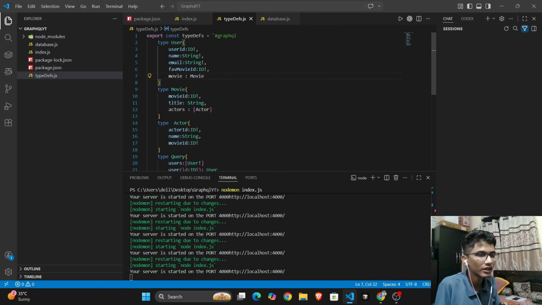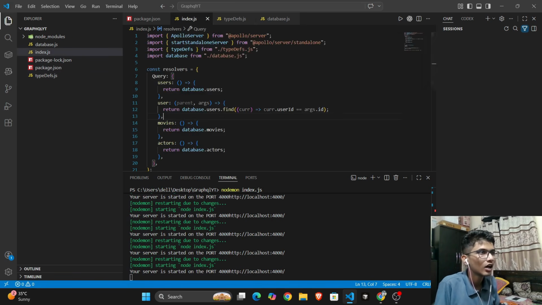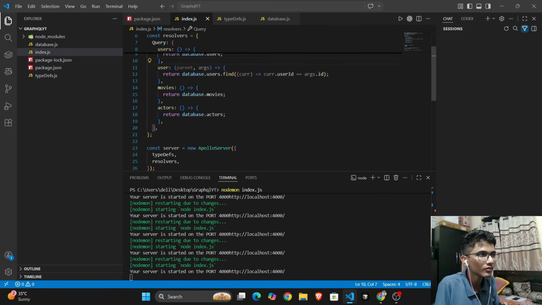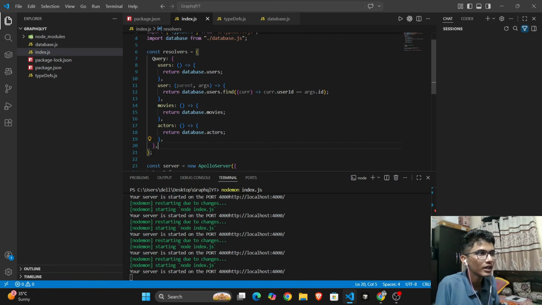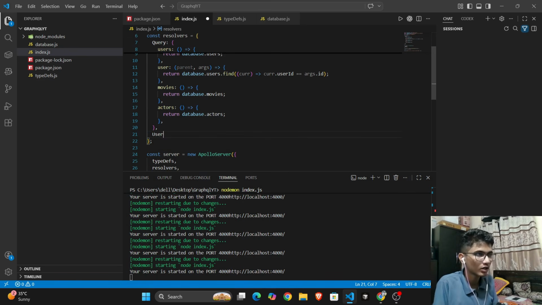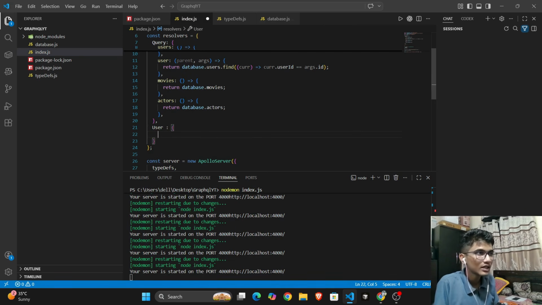This user is connected to movie database, and this movie database is connected to actors. Yes, an actor is connected to nothing. Now we just need to change our schema, this schema. So we'll create a new schema. Why? Not schema. We'll create a new resolver, because now the query which is coming from user will go to a user schema. It's all data will go to your user schema. User, right? It will go to user schema, and inside that, if someone suppose queries movie,